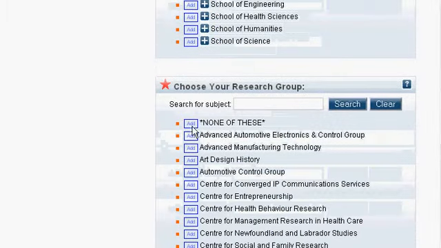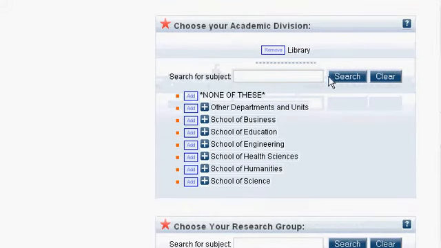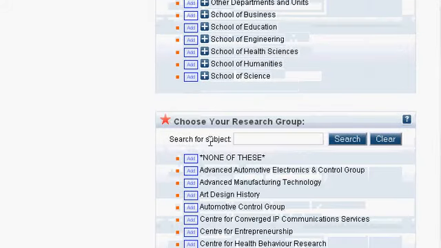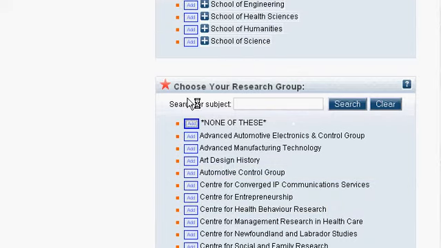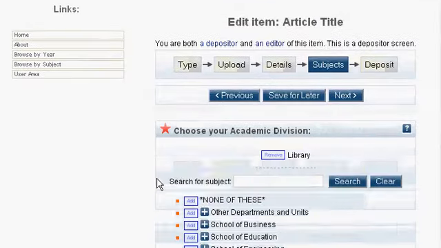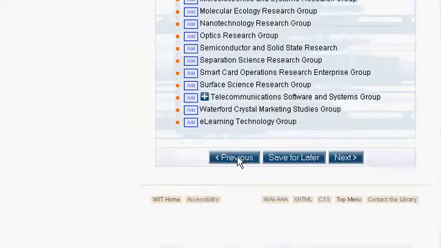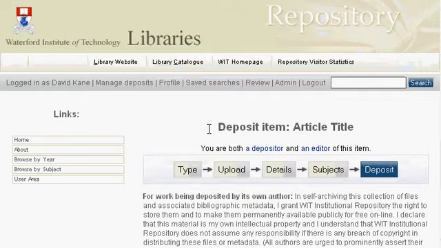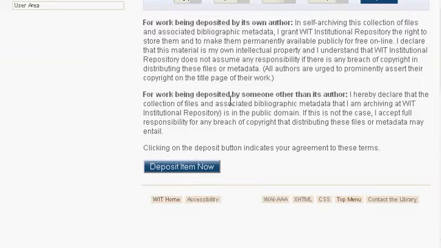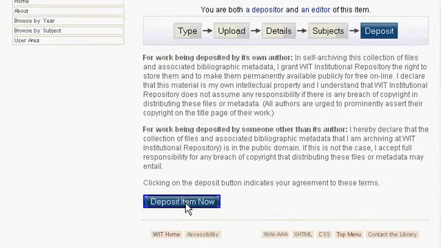We'll choose our research group. If you belong to none of these items, you do have to put something in, and you are given the option to choose none of these, so do add it, because as you can see from the red stars, these are compulsory fields. Oh, we're nearly there. The next step then, all being well, is to deposit the item, and you do that by clicking deposit item